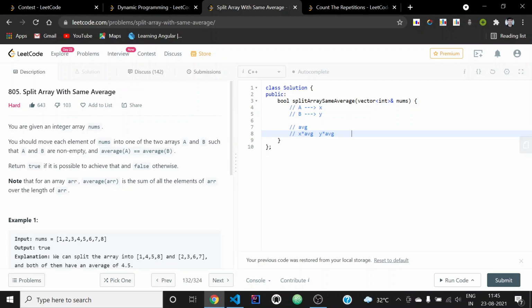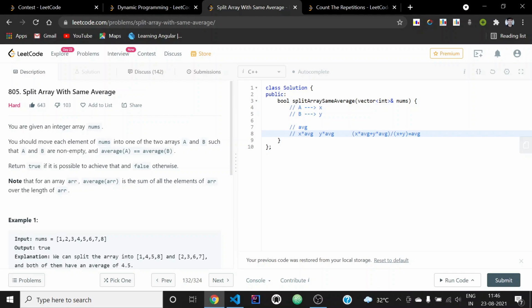Using the sums of array A and array B, we can compute the sum of the nums array, and that will be (x plus y) into avg. For getting the average of the nums array, we divide it by the number of elements in the nums array, that is x plus y. If you simplify this expression, you will find that this is in fact avg. So we now know that the average of all three arrays will be the same.